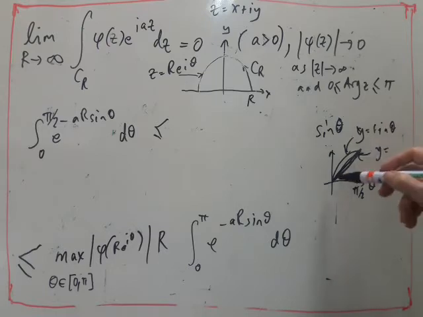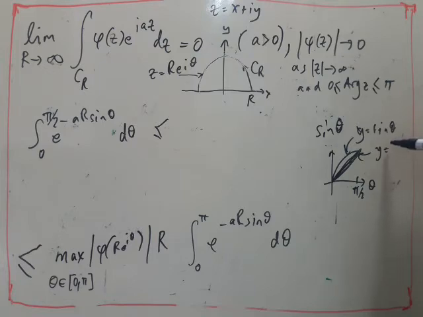This line here, the straight line, this is 1 here. So it's going to be 2 theta over pi. So sine theta is therefore always greater than or equal to 2 theta over pi in that interval,